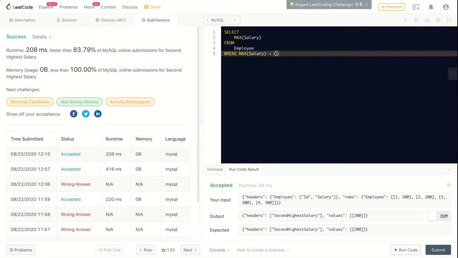Now you can put parentheses here to put an expression. You can actually write another select query here. So select max